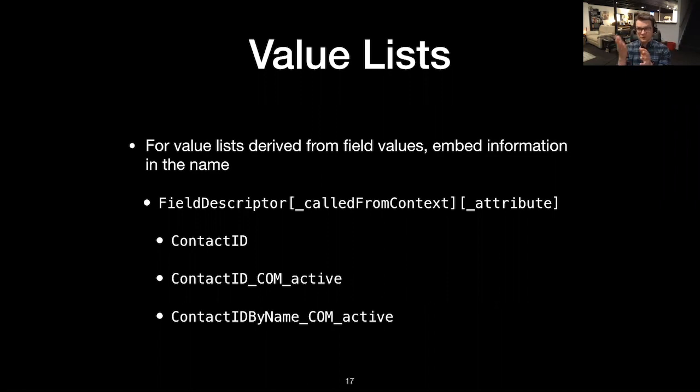So in the third example at the bottom here, the left field is going to be a contact ID, and it's going to be by the name of the contact. It's being called from the context of the company, and our attribute is it's only the active contacts. And again, we could make this a little bit longer, and instead of just active, maybe we want to give some more specificity to say active contacts from this year, or active contacts in the current state that you're in, maybe. So